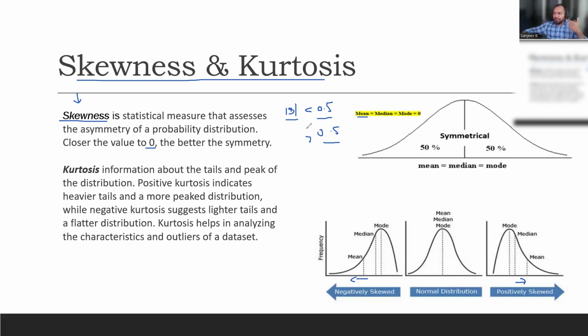So the mean is at the center position if it is normally distributed. How to measure if it is normally distributed or not? I have to go and look at the skewness. If the skewness is less than 0.5, I'll replace with mean. If the skewness is greater than 0.5, I'll simply replace with median. Mode you can forget. As I told, mode you'll generally use only for categorical data, not for continuous data. Okay, as simple as that.